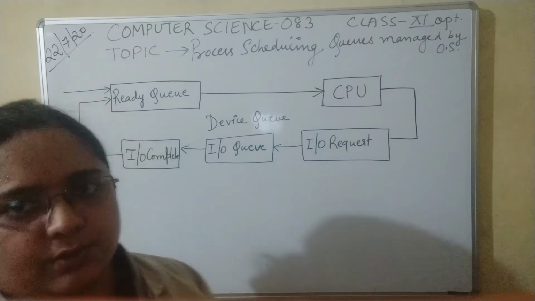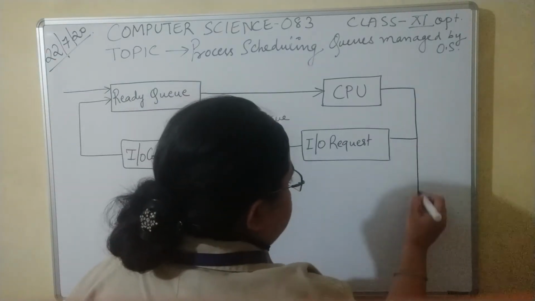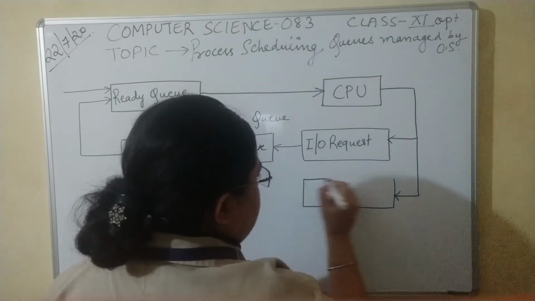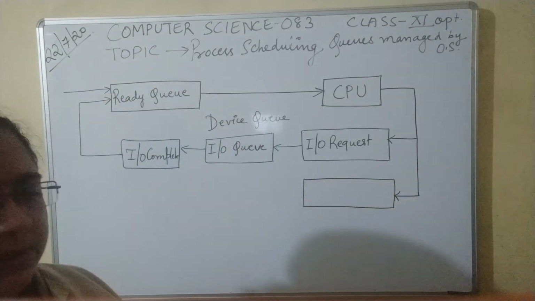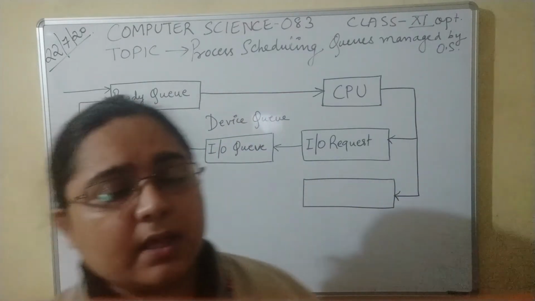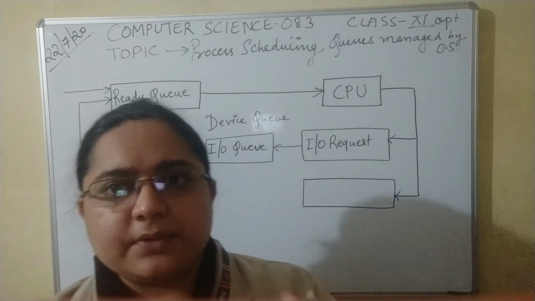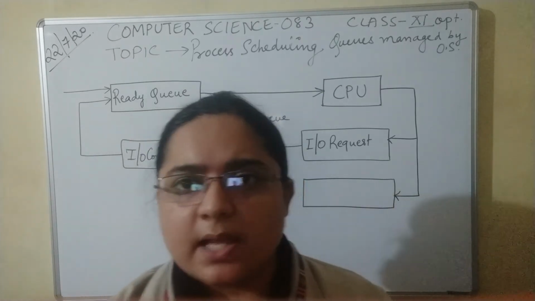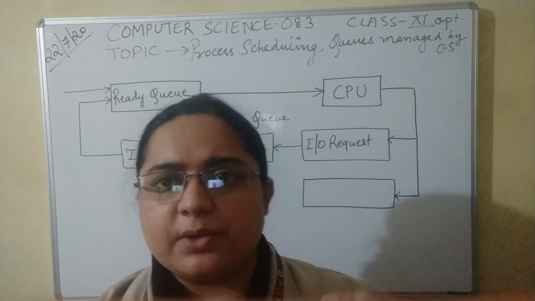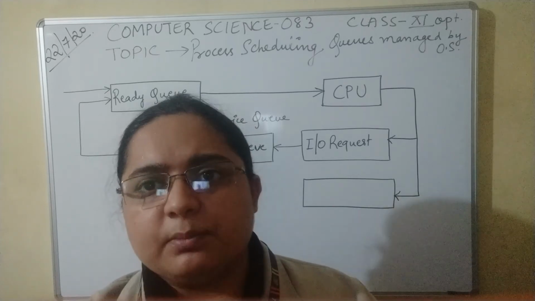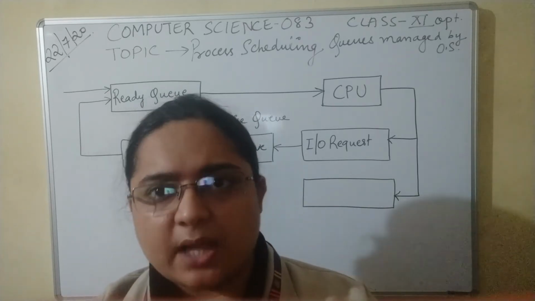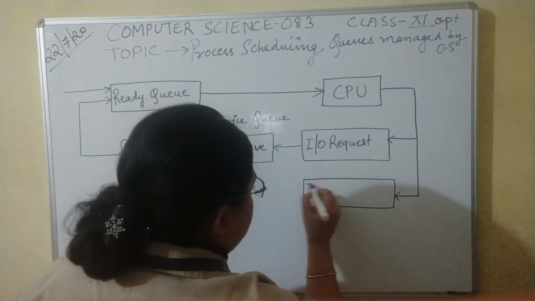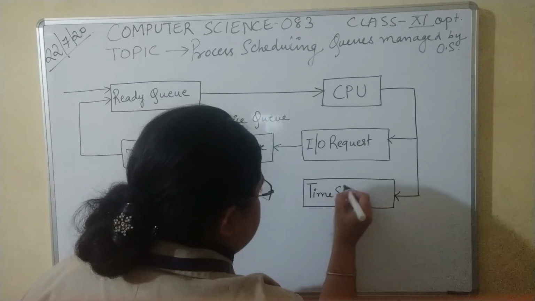Now another scenario could be that it is a time sharing system, and even our modern day operating systems use some techniques of time sharing. That is, a particular process executes for some fixed amount of time on the CPU. The CPU completes its execution for that fixed amount of time, and then it moves over to the next process. So it is quite possible that the time slice expires here.